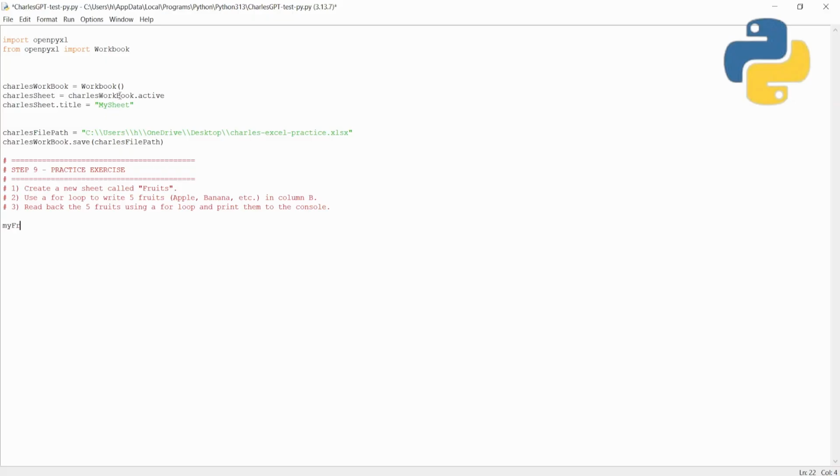Since we have already opened the workbook, saved the workbook and imported openpyxl, there's no need for that. So my fruits list is equal to a list of 5 fruits. They said 5 fruits, right? So we'll say apple like this,